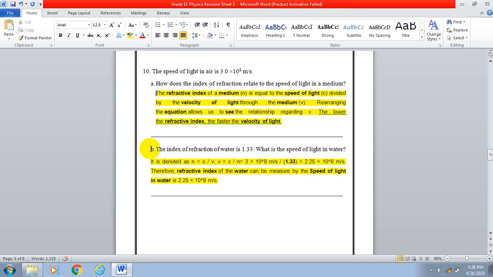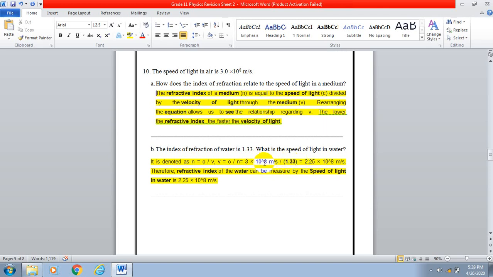Okay, for the B option, the index of refraction of water is 1.33. What is the speed of light in water? It is denoted as n = c/v. Rearranging, v = c/n = 3 × 10^8 meters per second, the velocity of light, divided by